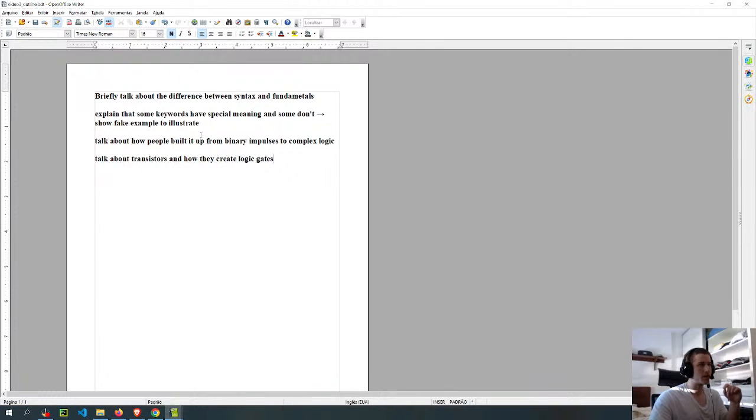And then I want to explain that from the transistors and the binary impulses, you create logic gates, and then from logic gates you start being able to build logic that allows you to do calculations. And from those calculations, that's pretty much what all the computing is. And then there are other special types of transistors, other special types of circuits that allow you to retain memory, to retain a state, set and reset. Then I'm going to talk about the SR latch.